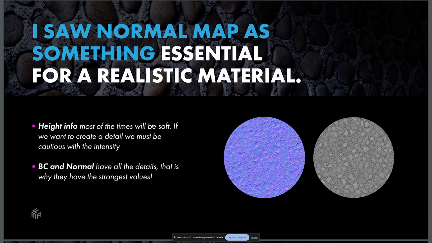Something super important is that a really good material is going to look really great without a base color, but with a normal map and a height map and an ambient occlusion map, and also no roughness. If your material looks really good without the base color, then you are going to be able to create a really great base color. Why? When we are building the base color of our materials, what I do is I build my colors following the shape I have created previously in my normal map.